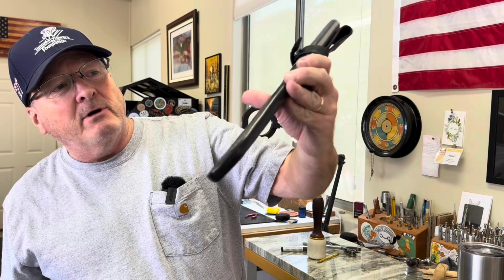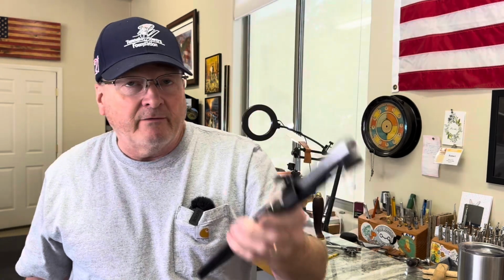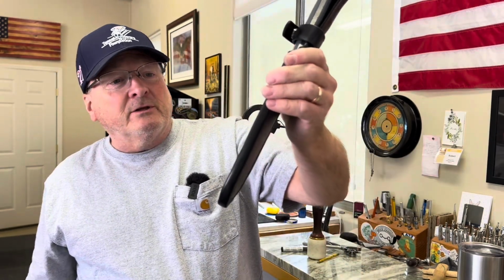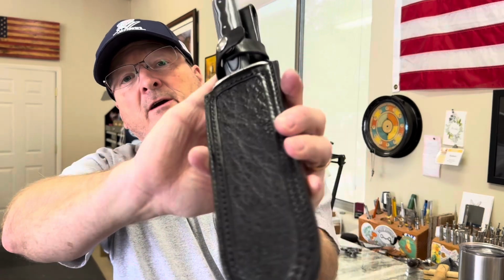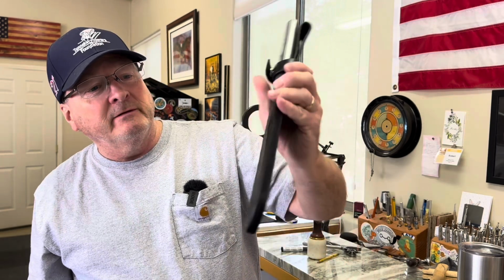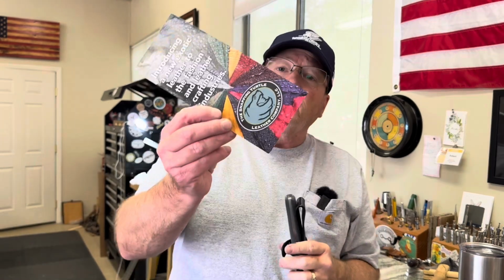Well, there you go. I tell you what, I think it turned out beautiful. I'll get it off to the rightful owner of it, and we'll find out what he thinks of it. This snapping turtle leather, you could tool it. There's lots of different ways you could have made this sheath. I like the texture of that snapping turtle leather, and I'm not sure if it shows it very well on there or not, but it's really a beautiful leather to give another accent, and it really kind of ties in. Snapping turtles are really populous in Indiana, where my brother lives, and I'll get this sent off to him. And I want to thank again Snapping Turtle Leather Company